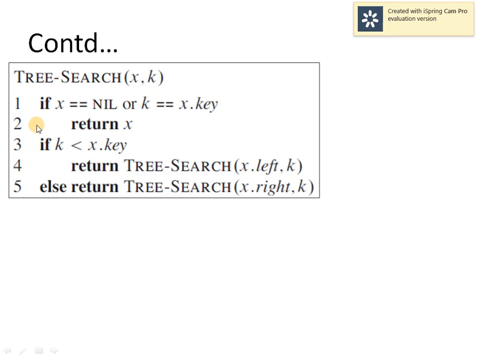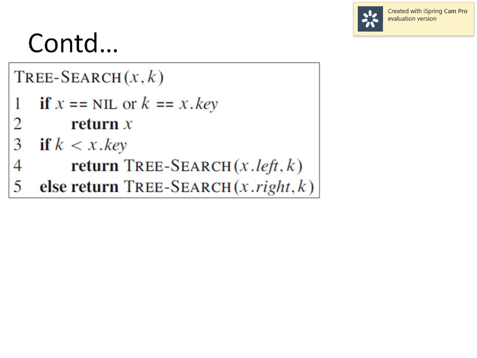As we already discussed, the termination point will be if we reach a null node or if we reach a node whose key value is equal to the value we are searching for. So we are comparing k and key, which is nothing but the data part of a node. If the data stored in node x is equal to the value of k, we have to return, or if we have reached a null node, then also we have to return. Line number 1 gives us true, then only return will take place. Otherwise, we have to perform the search operation either in the left part of the node x or in the right part of the node x.